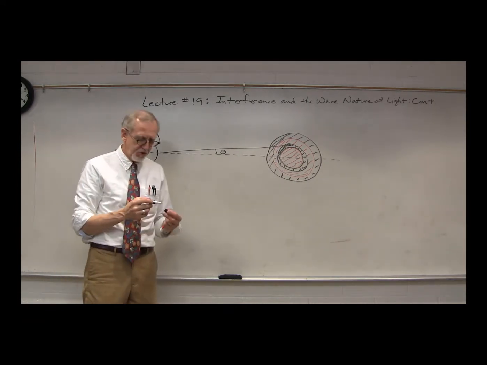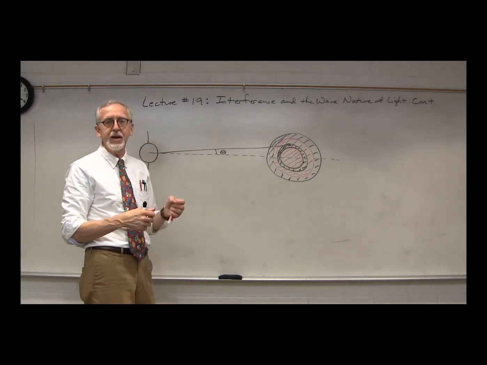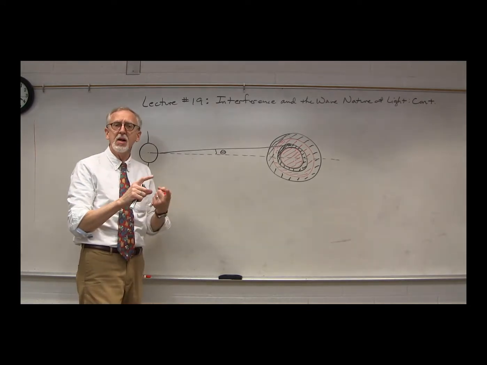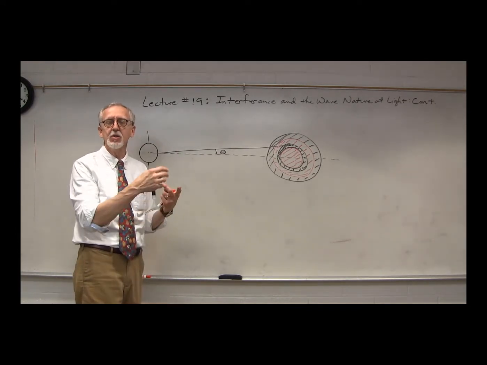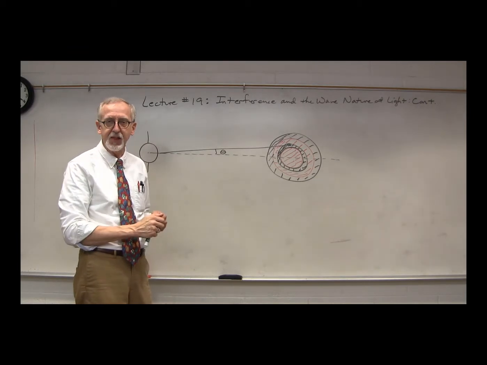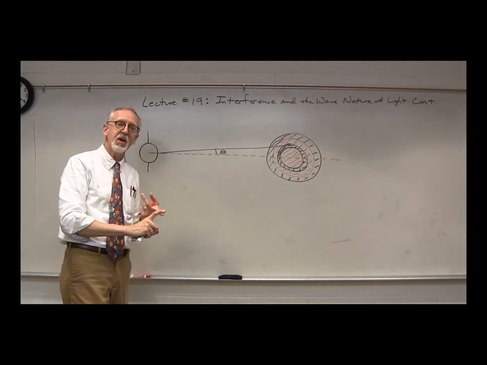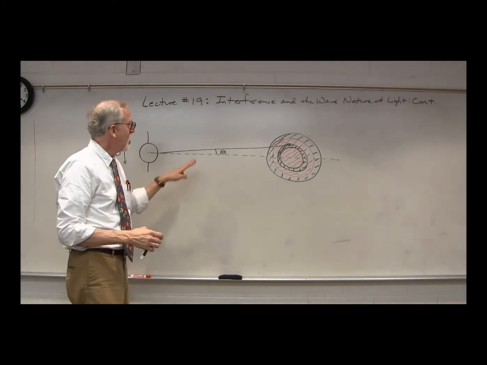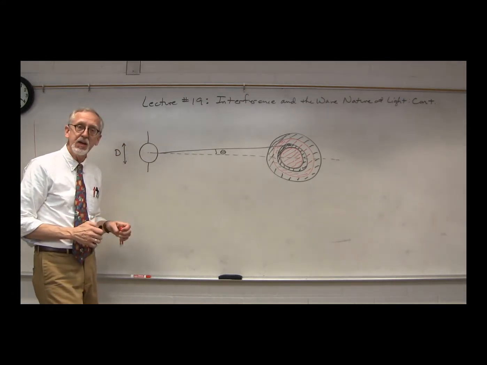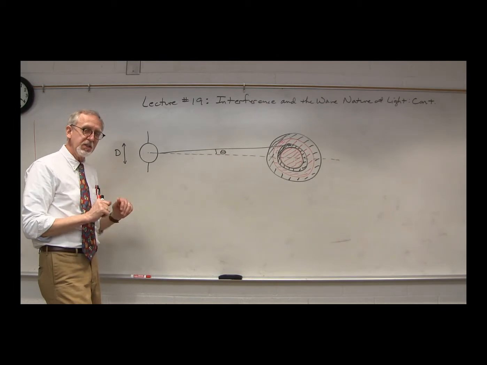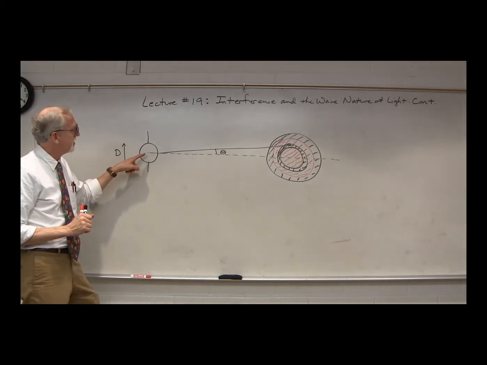Well, for the double slit, we ended up with equations like little d sine theta equal to m lambda, or m plus a half lambda. For the single slit, we had w sine theta equal to m lambda. Well, we might expect something similar here, but it's almost the same, but not quite, because in this case, if we were to look at the rays going in different angles, for the double slit, we always had the same